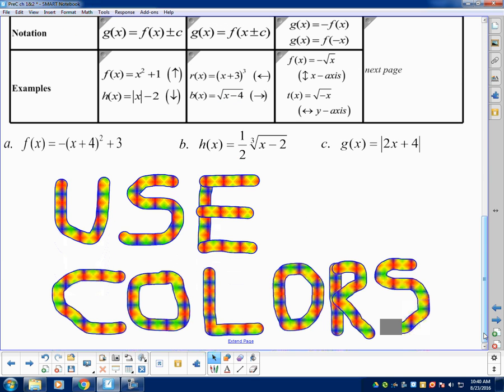Okay, we're going to use colors here. It says f of x equals negative (x plus 4) squared plus 3. So you can see the parent graph for that would be y equals x squared, or f of x equals x squared. It's a parabola. And so what we're going to do, let me go through this,